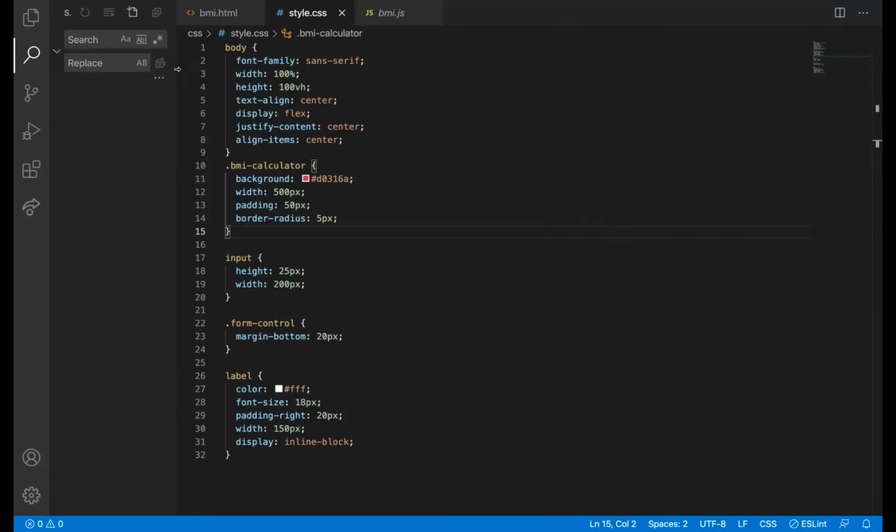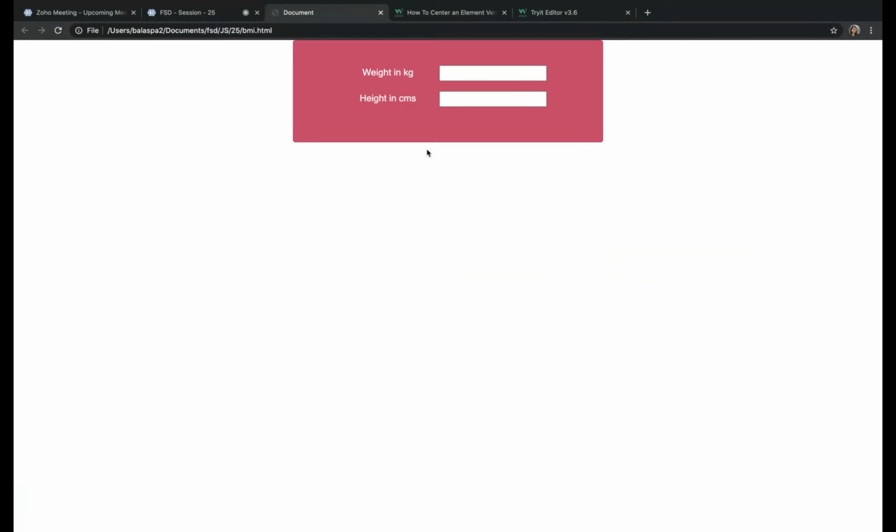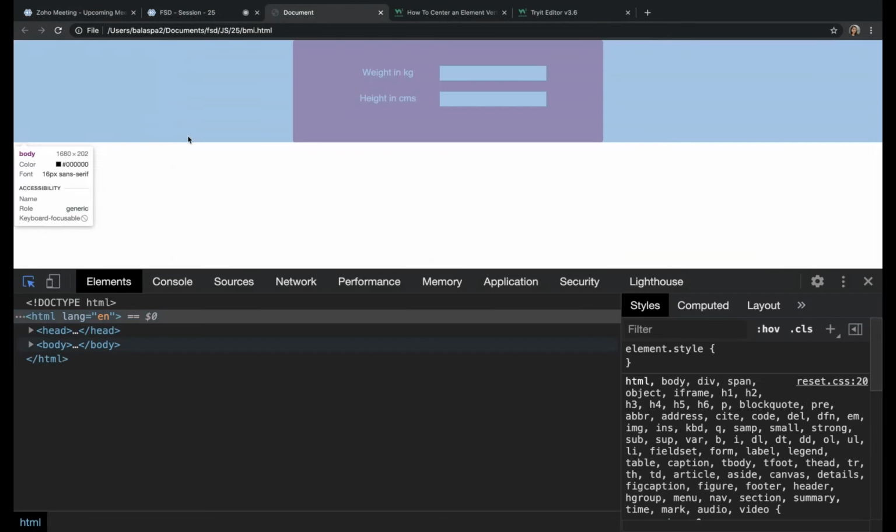Actually, before this, what we were trying to do: the body's height itself was taking only the form's height, right? Because we did not give any height to the body. So only when the body's content is full, it will align center to the body.